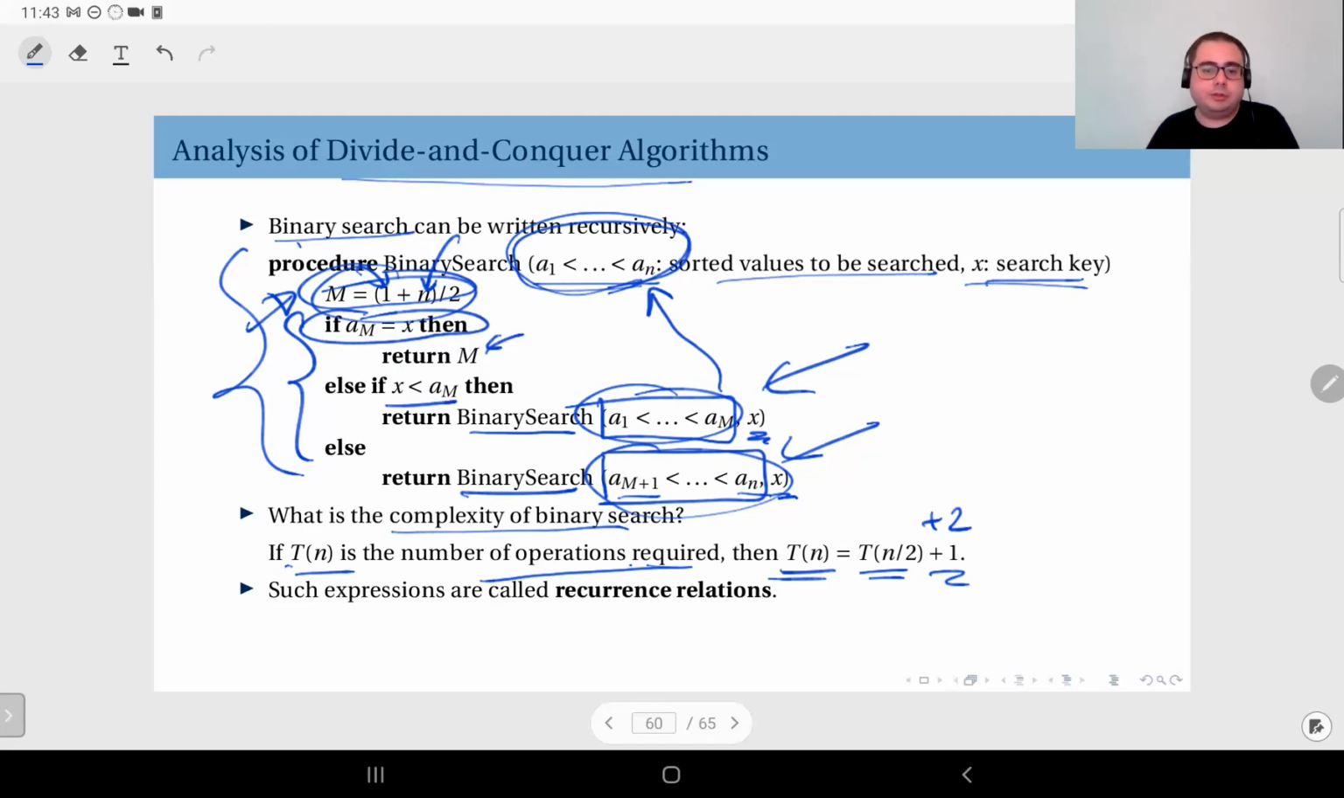T of N equals T of N divided by 2 plus 1, or T of N equals T of N divided by 2 plus 2. Doesn't really affect the end result, as we will see later on. But